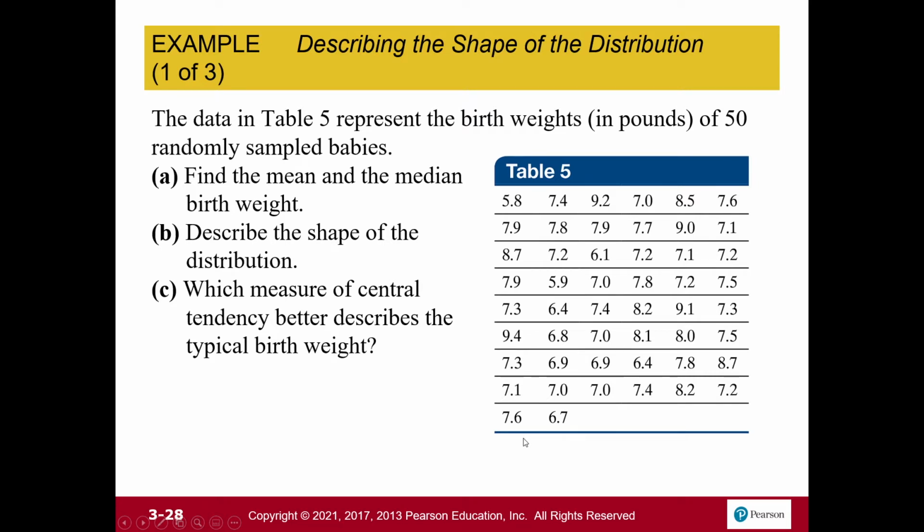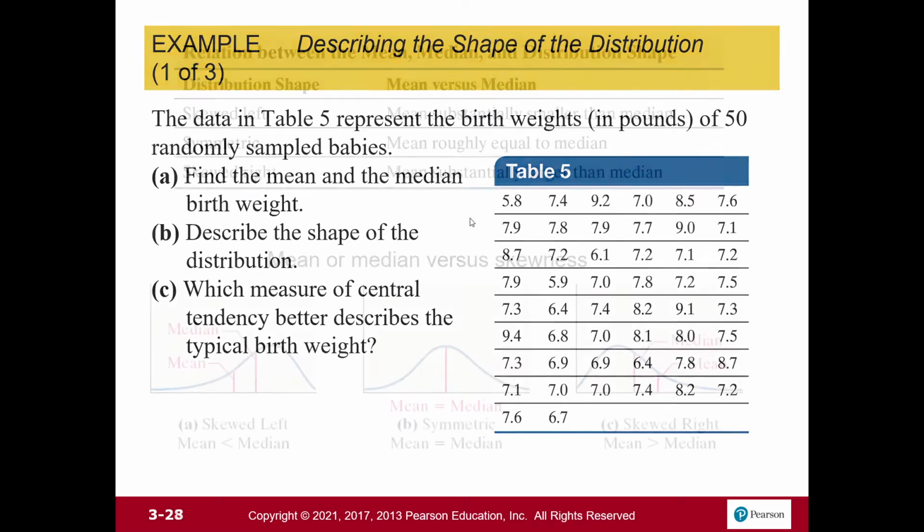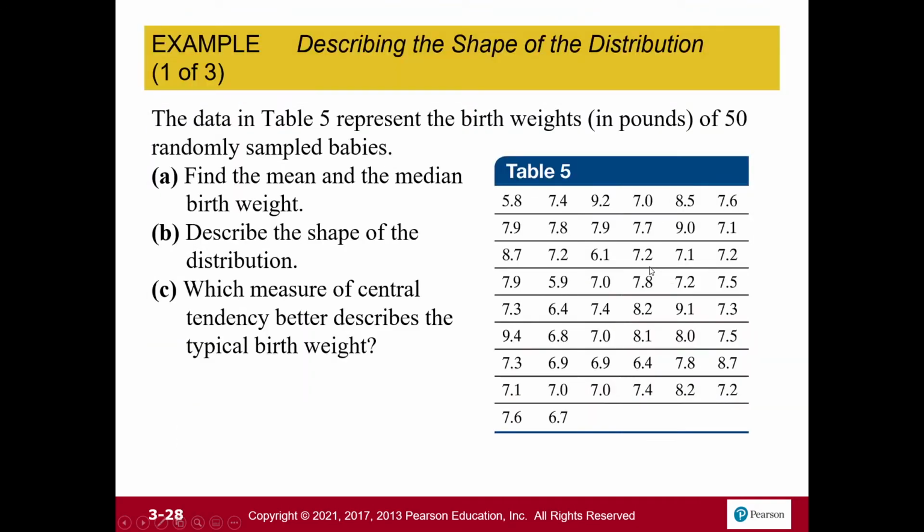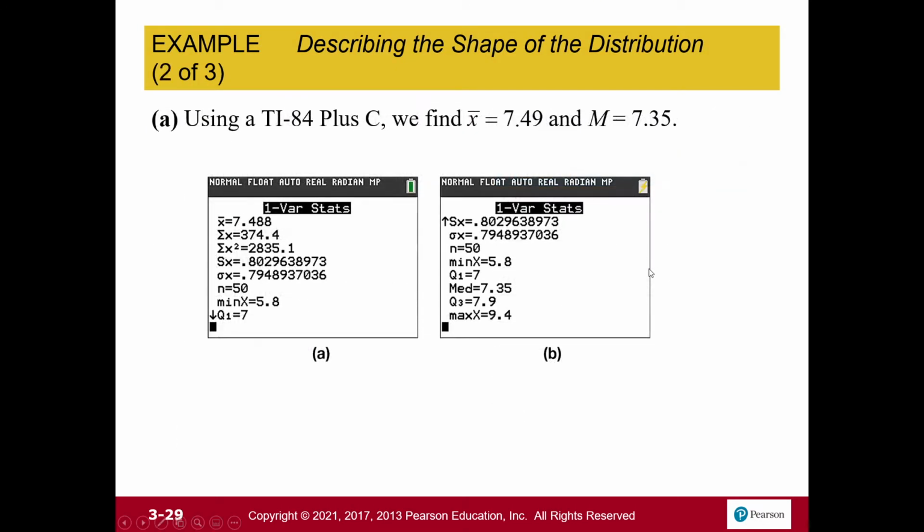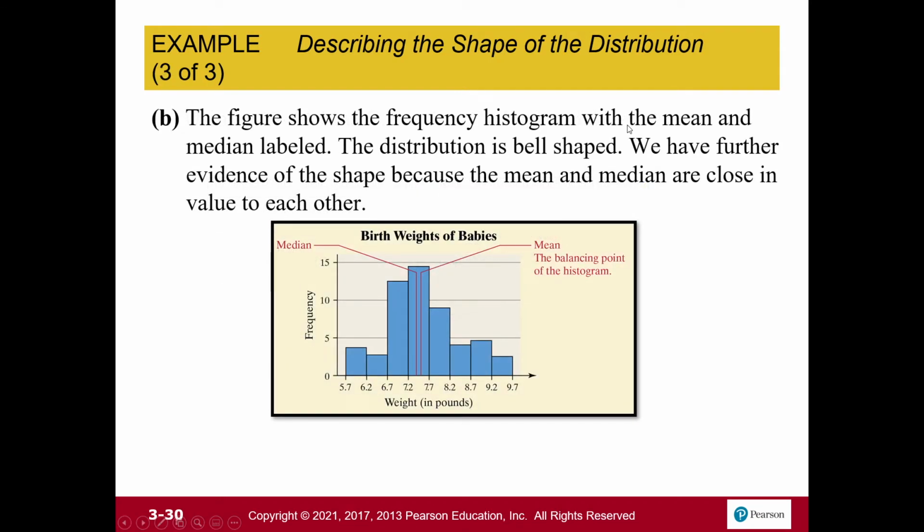But the expectation is you might want to get a little creative in calculating the mean and maybe even creating a chart as well, because there are other technologies that we can use that would do that. And so using the calculator, they figured out that we got 7.49 as the mean, and the median is 7.35. They're actually very close together. This is good. There is our